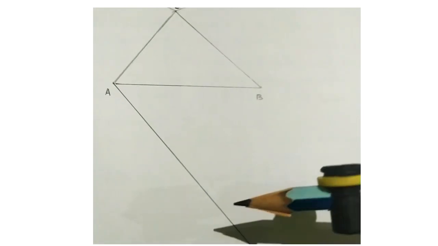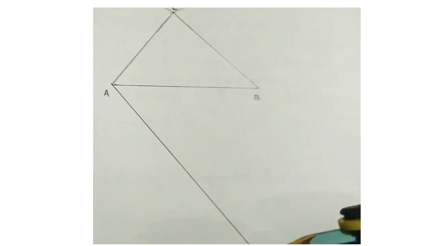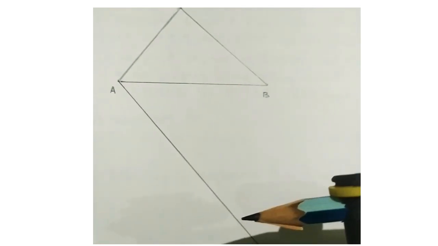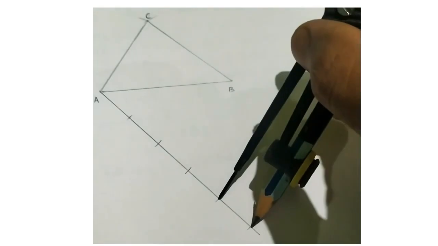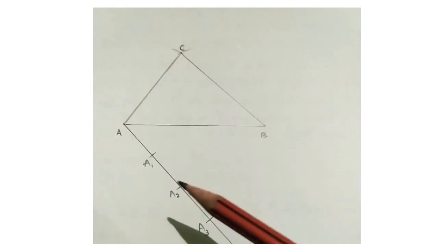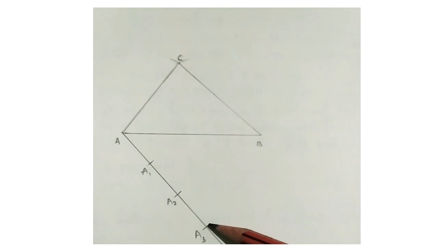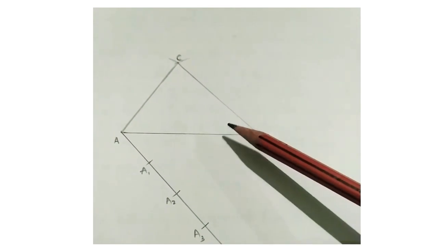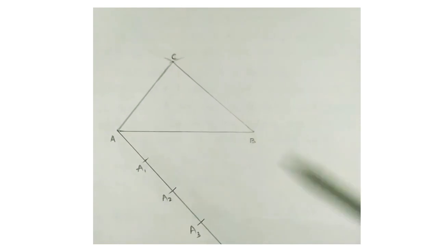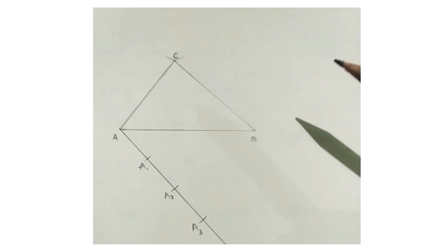After making the acute angle, now cut that line with equal intervals of 5 parts. Okay, we have to divide this line into 5 equal intervals of parts. By compass, make here 5 equal intervals of parts. Name them as A1, A2, A3, A4, A5. Okay, so after that we need the given triangle as three parts, considering it as three parts, and the extra, how much we need, the five parts outside. Okay, 5 by 3 is there.